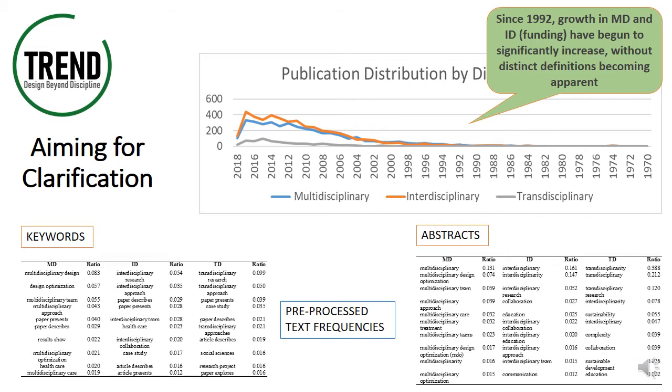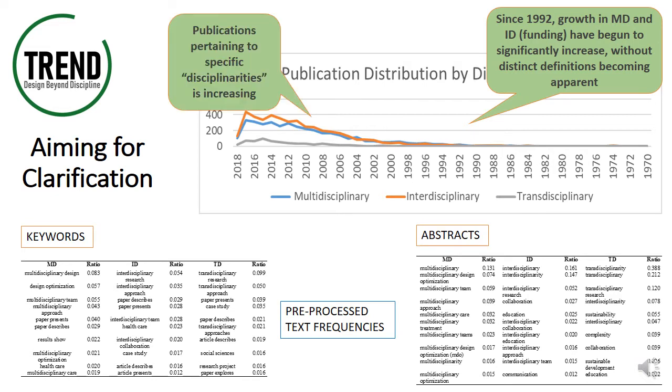Publications pertaining to specific disciplinarities have been increasing since the 1990s and more rapidly since early 2000. Increases in transdisciplinary research have been modest, but is set to rise with more recent calls for transdisciplinary work in engineering, with recent focus on socially focused topics such as climate change. More and more literature is identifying with a disciplinarity, and this is a useful tool to create separate samples of disciplinary work.